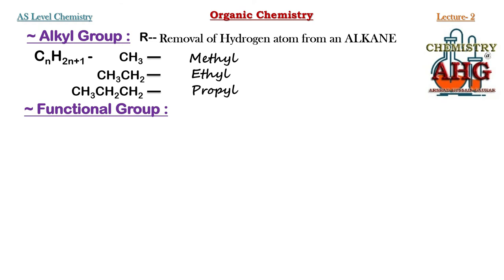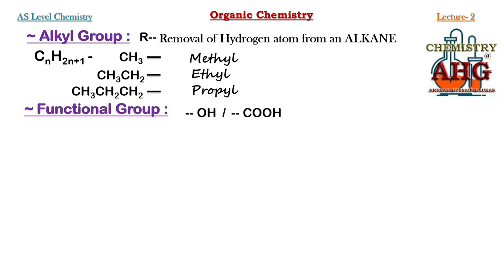Now, two important functional groups you can remember here. One is hydroxyl, OH. It is known as hydroxyl. It is the functional group of alkanol, alcohol. Whenever alkyl group makes a bond with OH, the hydrogen of the alkane is displaced, replaced by OH. It becomes alkanol or alcohol. Likewise, one more example of a functional group you are familiar with from your previous class: carboxyl. This functional group is known as carboxyl.